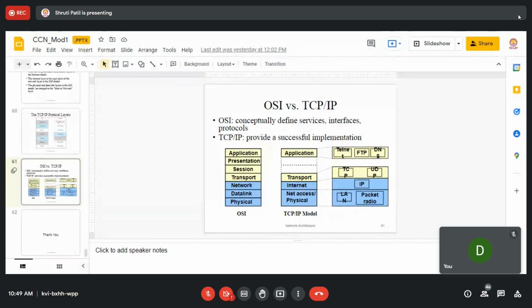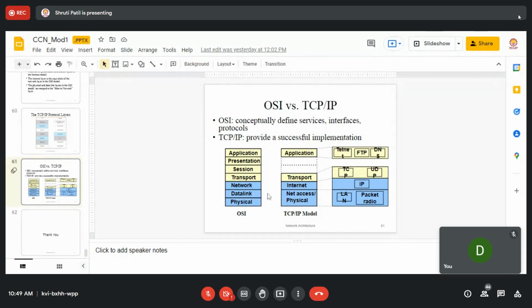It is a very important question, from the viva point of view and also from the theory point of view. So you have to remember both the models. You have to remember the layers in both the models in the proper order. You have to remember the functionality, at least in short 1 or 2 lines, and at least you have to explain it. Then you have to remember the difference between OSI and TCP/IP. This is having 7 layers, this is having 4 or 5 layers, whichever you are comfortable with, whichever book you are following.